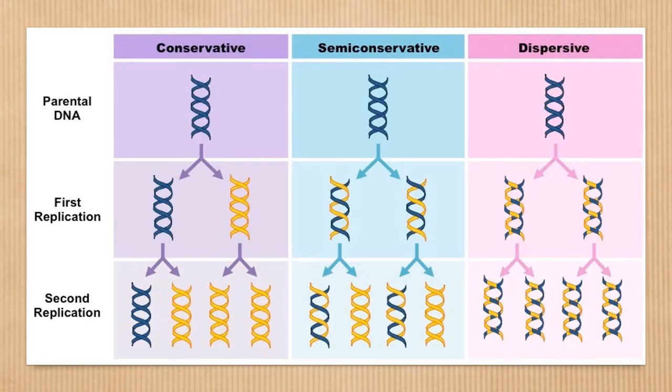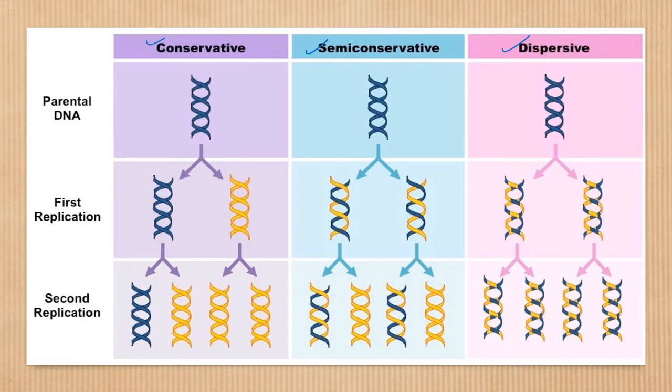In the previous video we discussed different types or modes of replication. The three different types of replication are conservative replication, semi-conservative replication, and dispersive replication. We discussed clearly all these three. So now in today's concept, there is an experimental proof for this semi-conservative replication.